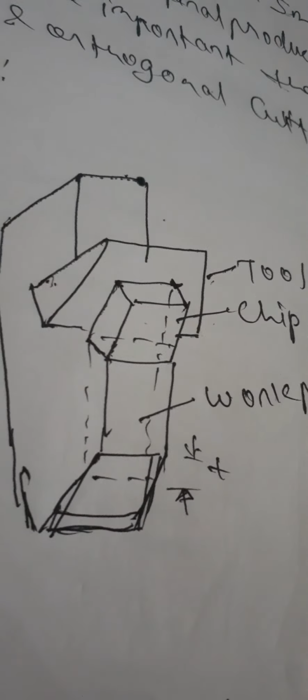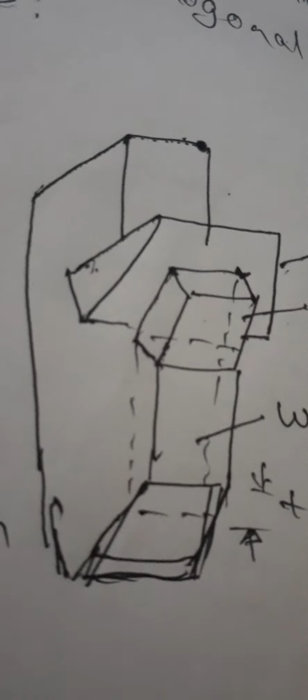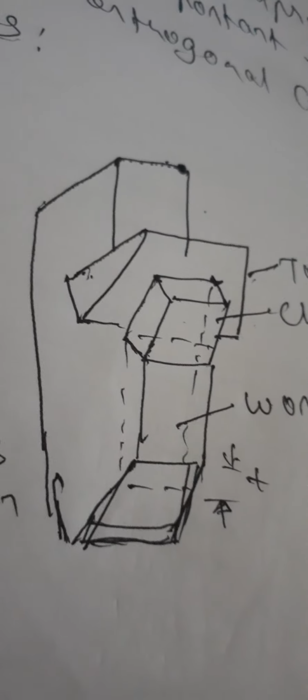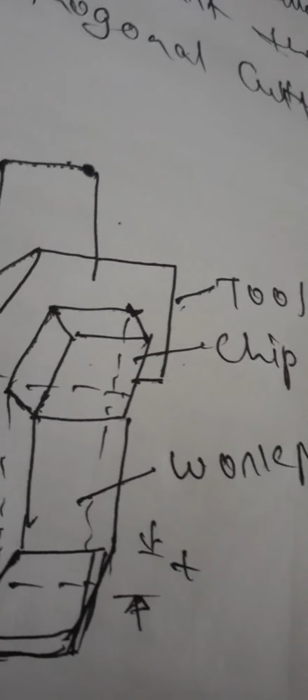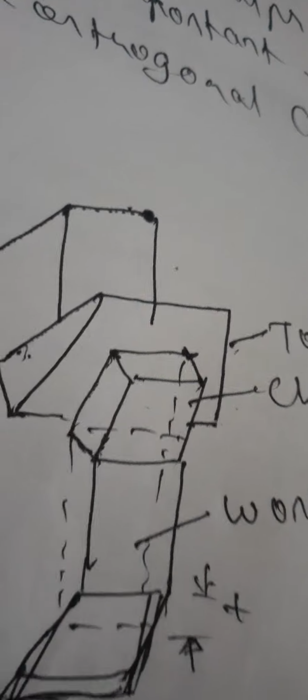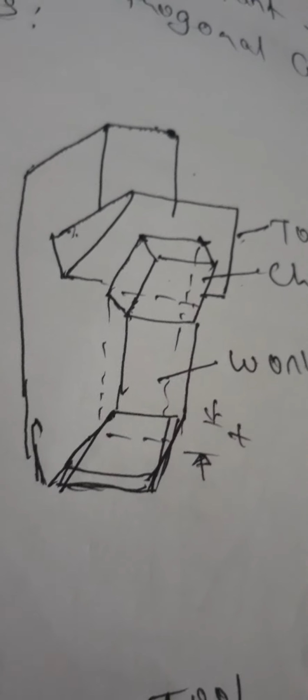In metal cutting, two terms are very important: orthogonal cutting and oblique cutting. Orthogonal cutting is a type of cutting in which the cutting tool is perpendicular to the direction of the tool motion. In this type, the flow of chip is perpendicular to the cutting edge. This is known as 2D cutting, since two forces are involved here.